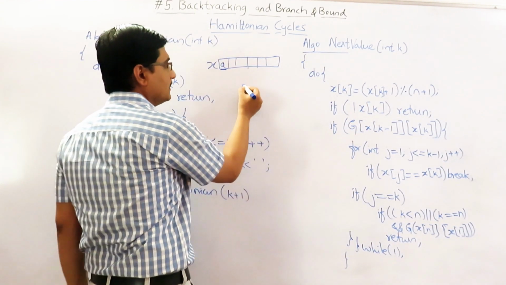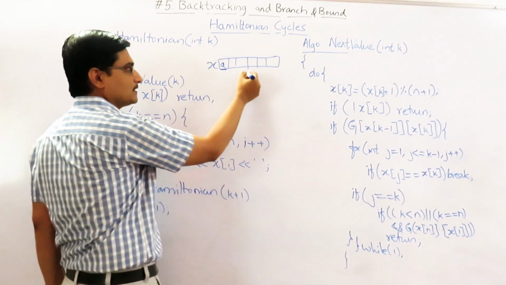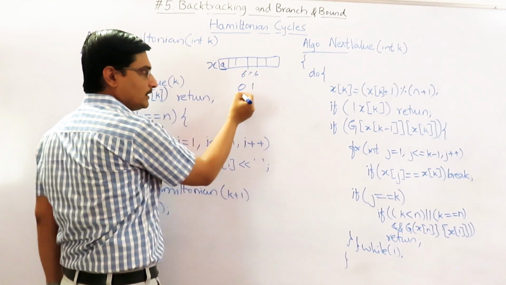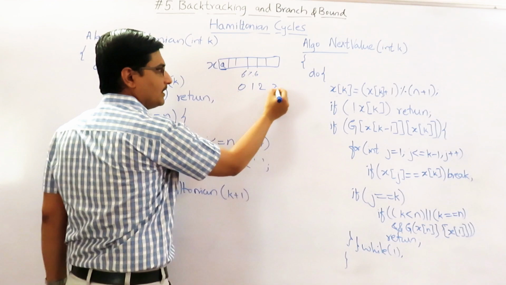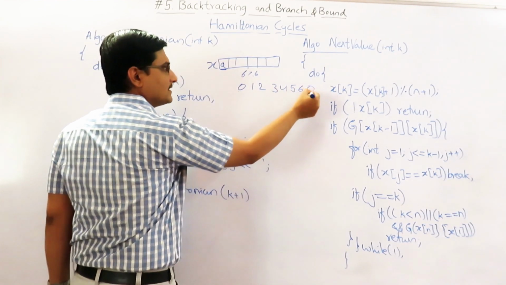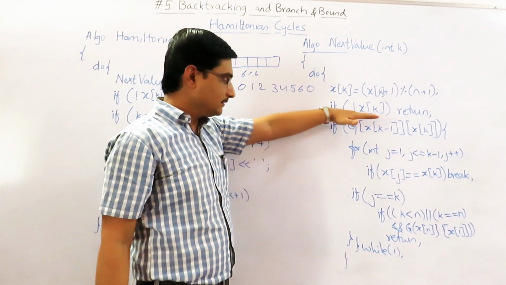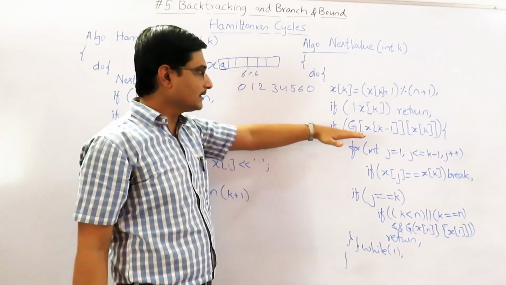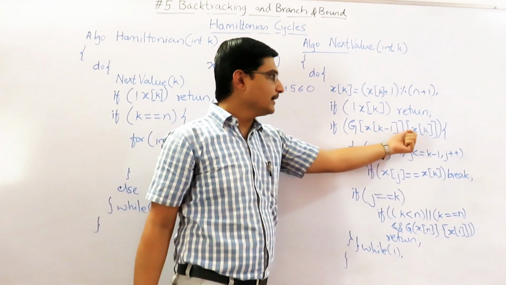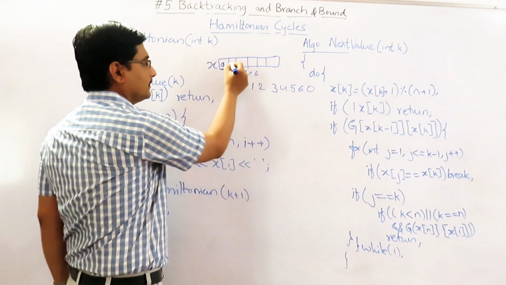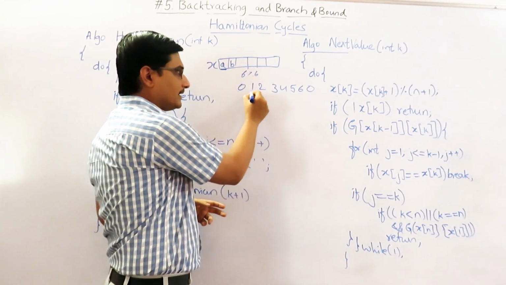Say for example, it is something like 0, 1. If you mod with any number, say there are 6 vertices, mod with 6, it will give you 0. Then the next number, that is 1, 2, 3, 4, 5, 6, again 0, like this. So it is going to generate the next numbered vertex. If that is not a vertex, then return. Otherwise, it is going to check the condition x of k minus 1 to x of k, whether there is a path from A to B, like that. So if it is 1 to 2, is there a path or not.